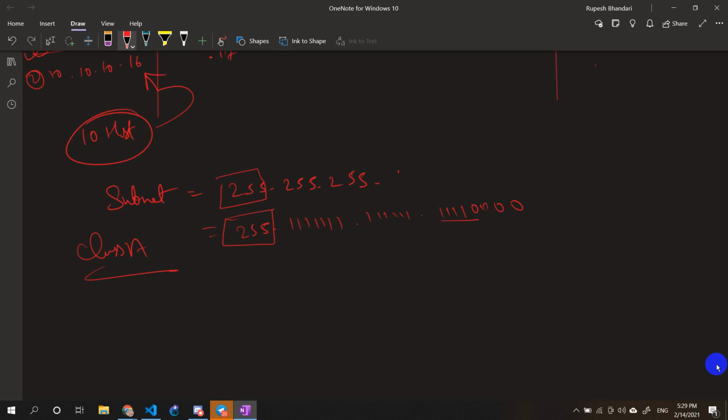So 4 bits on means what would be our subnet? 192, and then after that 224, and then 240, right? That would be our subnet. What would be our number of hosts? Of course it will be 2 to the power n minus 2, which is 2 to the power 4 minus 2, which is basically 14, right? Jumping value,